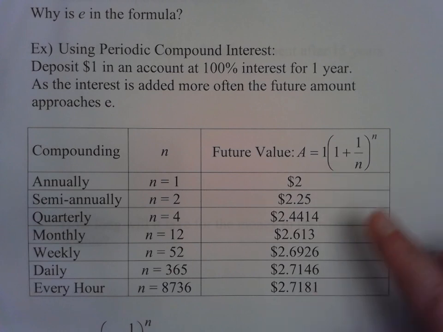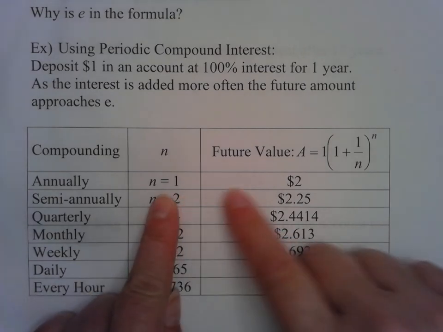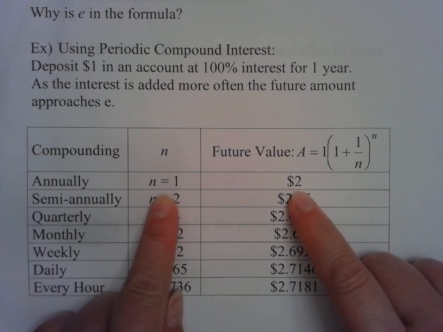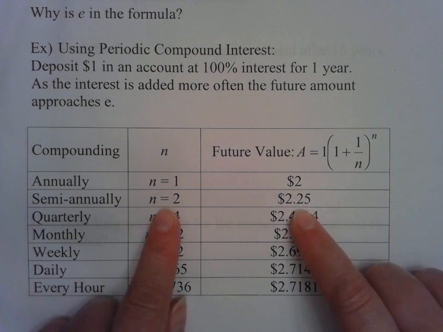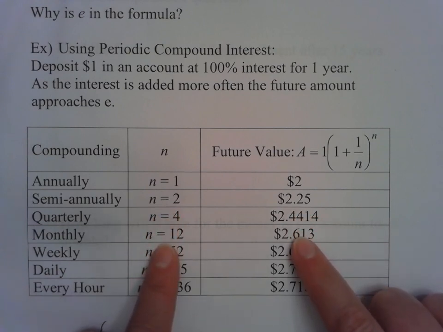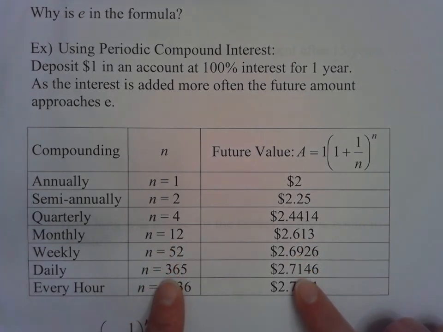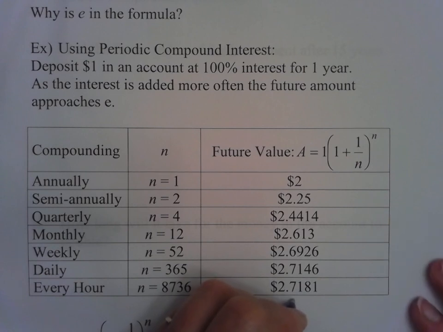So if I use that idea and I calculate the interest once a year, annually, it would be $2. I double my money, right, because it's 100% interest. If I do it 2 times a year, I get $2.25. 4 times a year, I get a little bit more. Monthly, so that's 12 times a year. Weekly, daily, every hour. We could keep going with this. Because we usually round to the penny, I didn't do any more digits out here, but I don't know if you remember the value for E, but basically this is approaching the value for E,